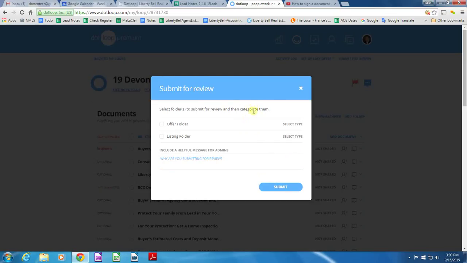Then at the next stage, you would decide whether you wanted the listing folder, or if you had other folders, as in the case here I have an offer folder, you would select that. In this case I'm selecting the listing folder. Then you will need to select the type, and in this case it's a listing, and then you can write a message to Shatrice when you submit this. So in this case I'm going to tell Shatrice to ignore